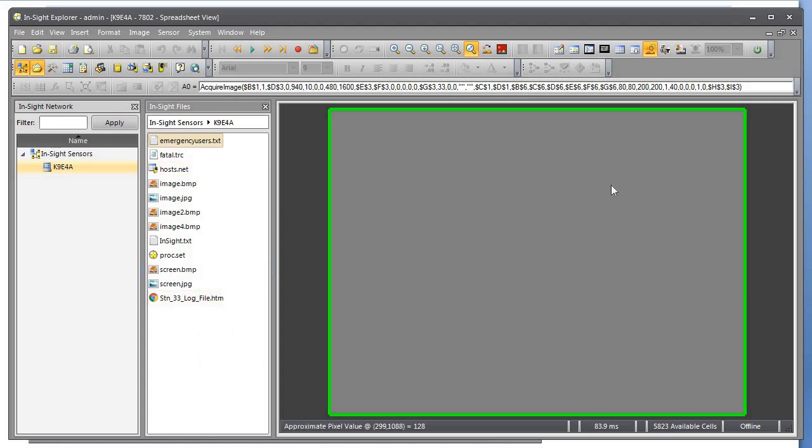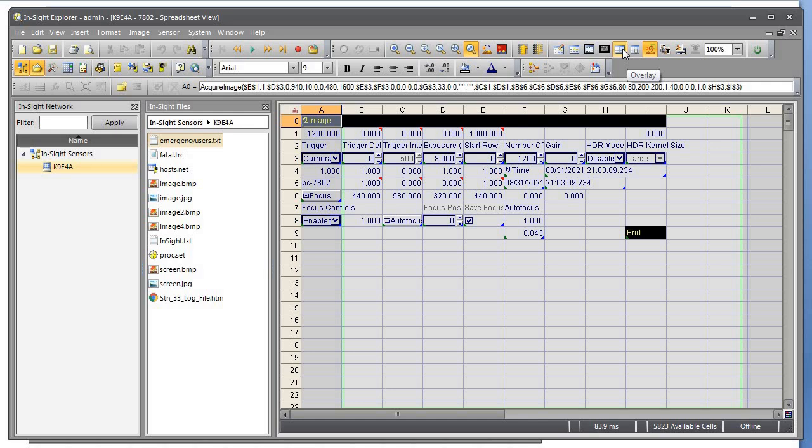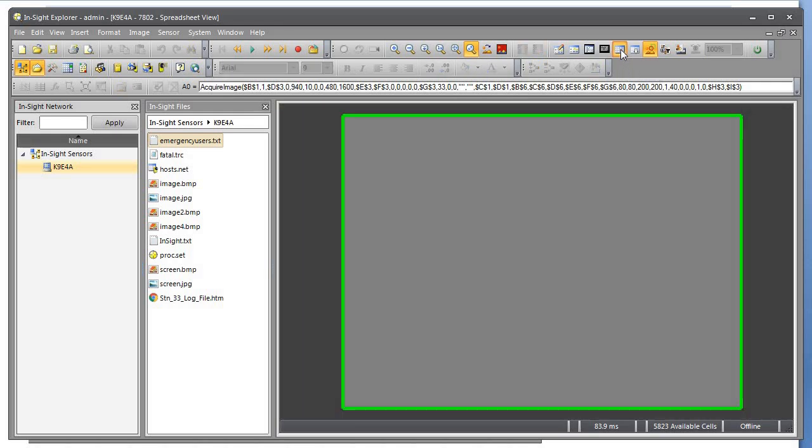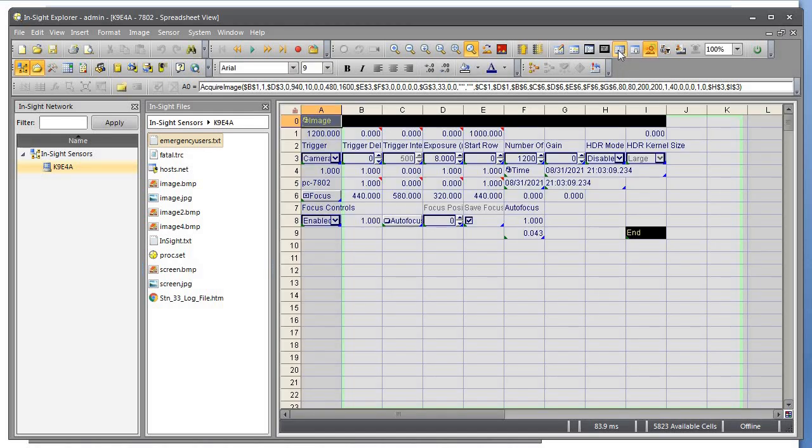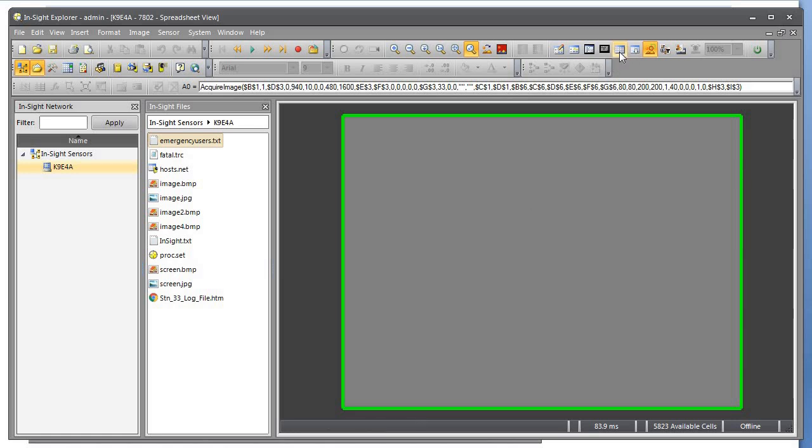And there are other icons. This one is to turn on or off the spreadsheet view, and there are these icons to zoom in